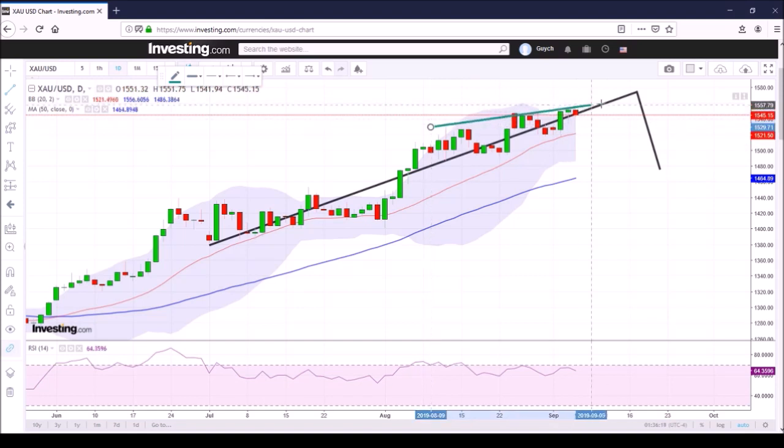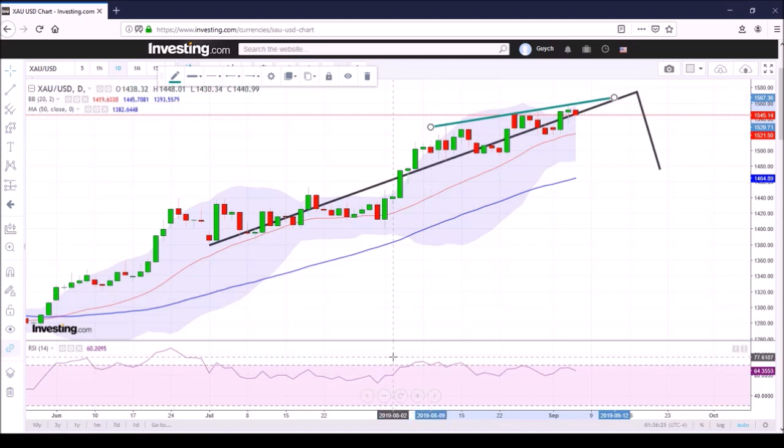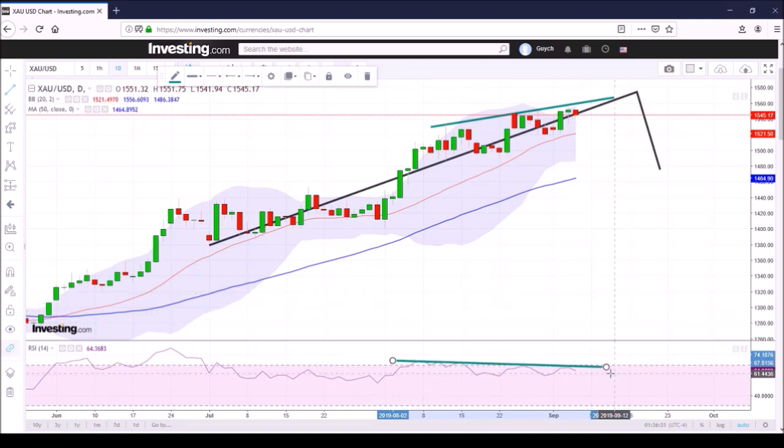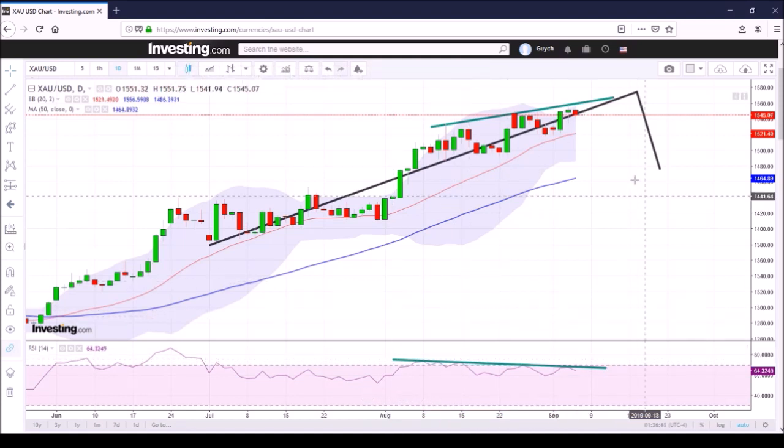probably decline for a while sometime soon is this negative divergence between the higher highs on the price chart itself and the RSI. RSI doesn't confirm the higher highs. We see lower highs on the RSI. That is called a negative divergence, and that is often an indication of price weakness coming